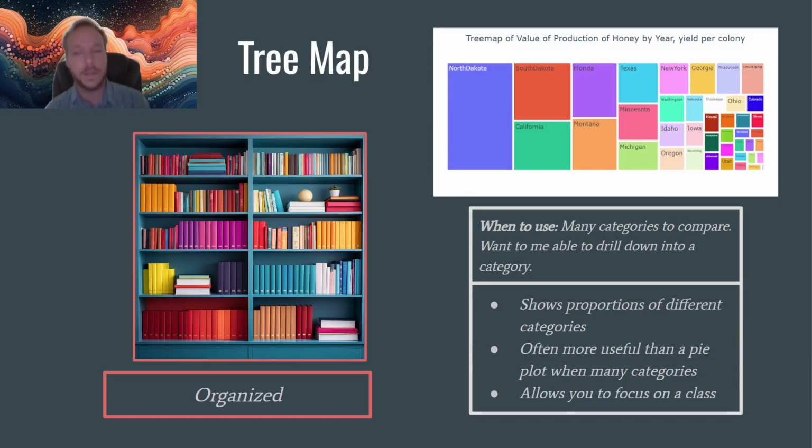Another really handy feature is we can actually go deeper into each section. So we can group this category by many other categories, even continuous variables, and start to understand, okay, so what happens in South Dakota here? What happens in California? And really allow for that second level of data analysis while we're right here, instead of going back to our data frame. It's a big time saver, and it can be really handy that we have that ability here